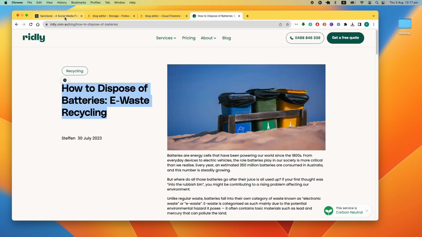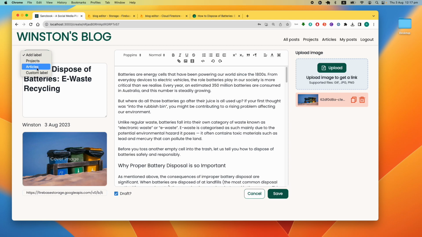And the label is recycle. So we have project or article, because at the end I use it to showcase my project and article, but you can create a new label and we can save. So this is draft,